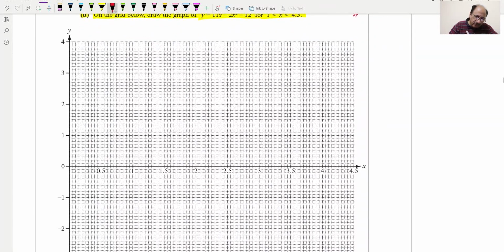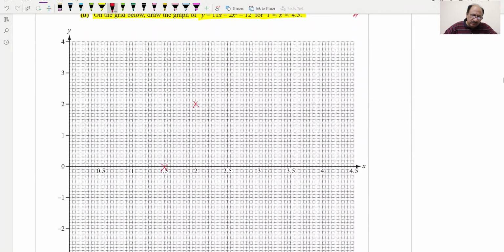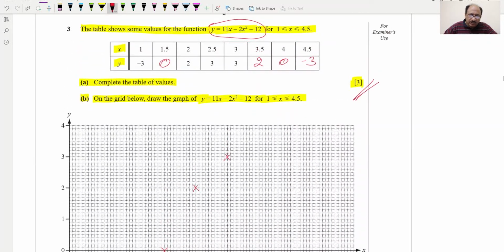So 1.5 and 0 is this one, and the next point is 2 and 2. So 2 and 2 we will mark over here. The next point is 2.5 and 3. So 2.5 and 3 is this one, and the next point is